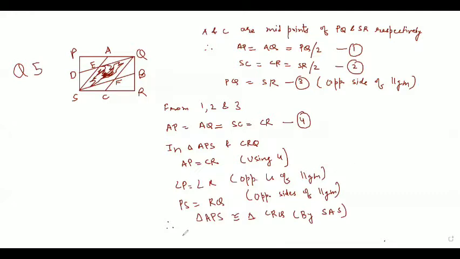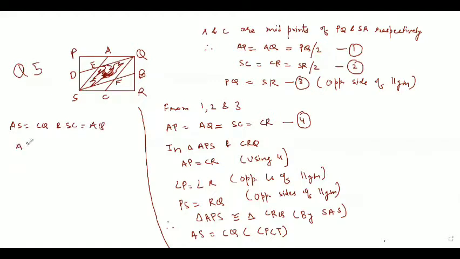Now we can say AS equal to CQ by CPCT. Now the rest of the question I'm doing here. AS equal to CQ by CPCT. Now as AS equal to CQ and SC equal to AQ,